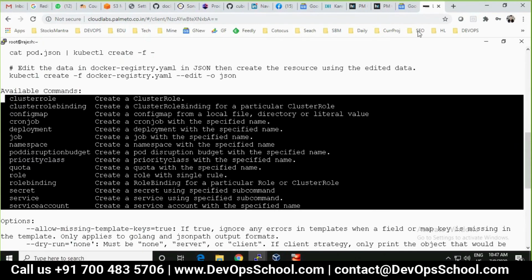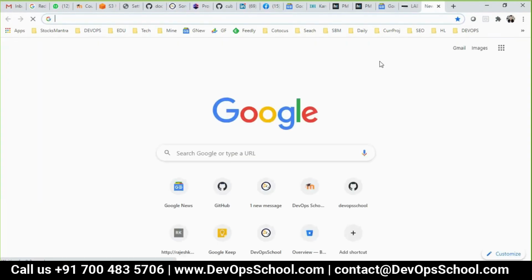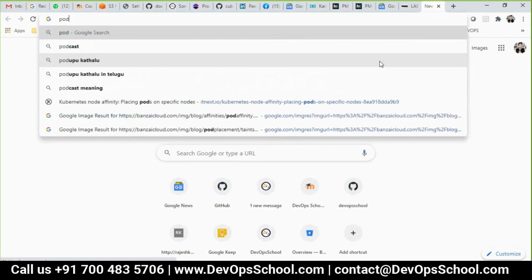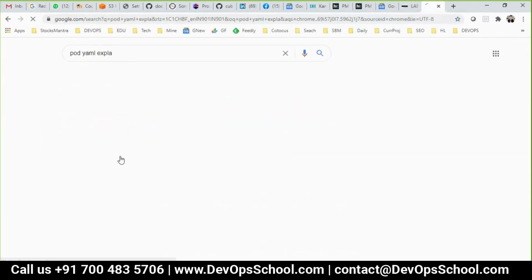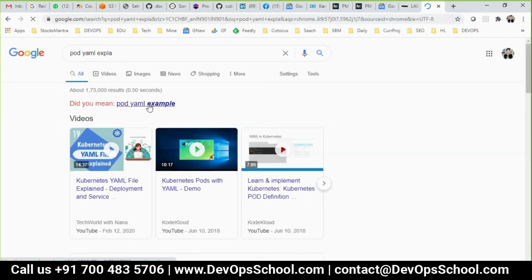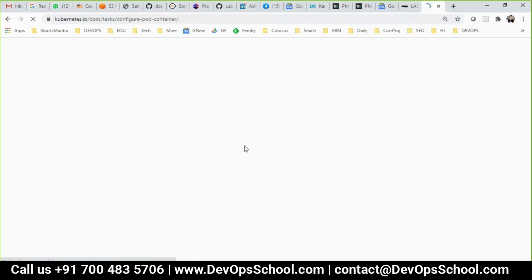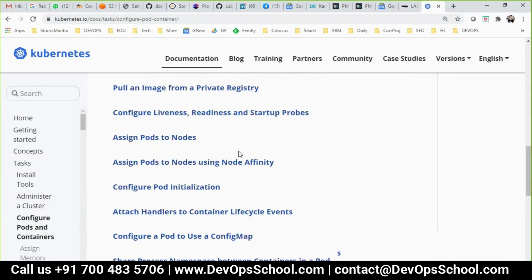I will not go to my nodes and all. A simple pod YAML example. Google will be much faster than anything else. Click on any URL. Don't worry about which URL.